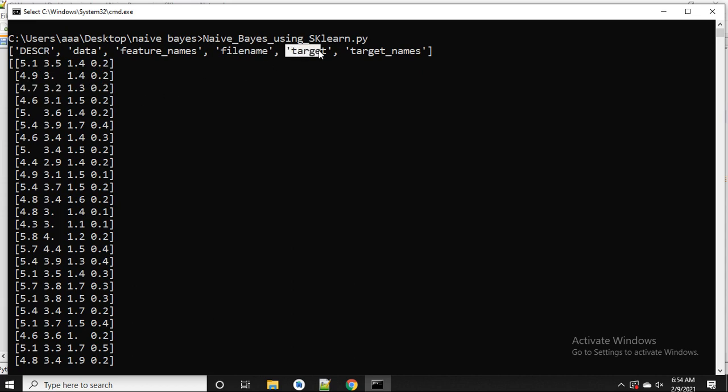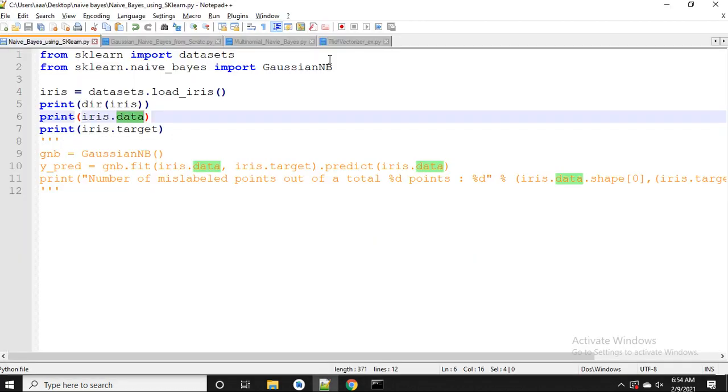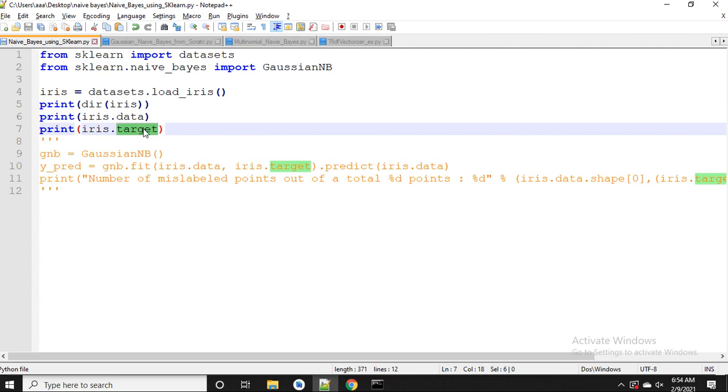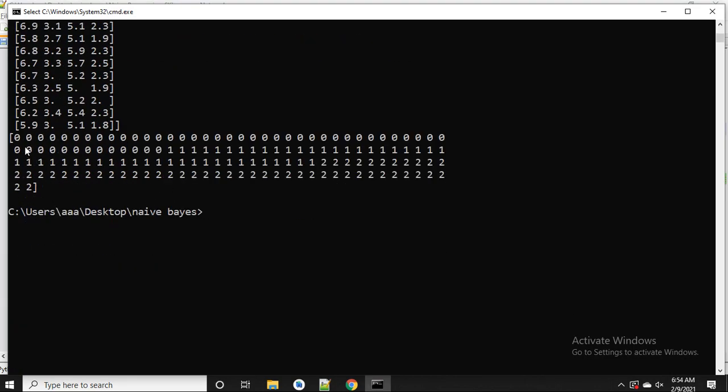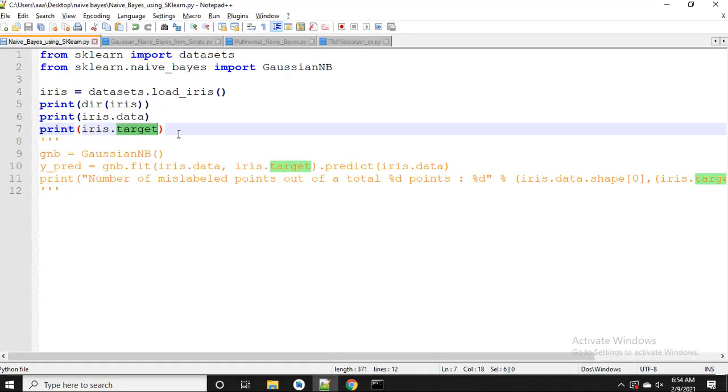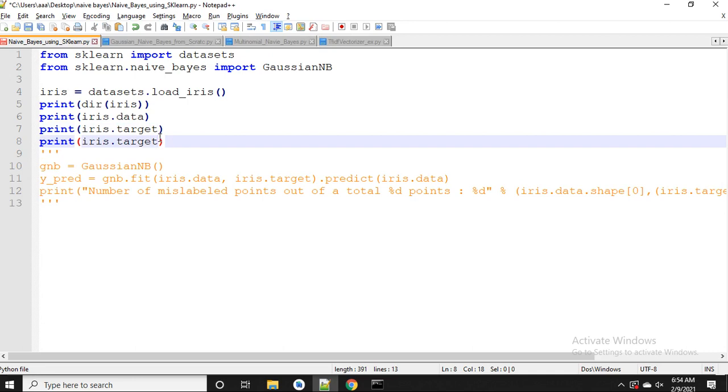And in a similar way, this is the target. So in the target we have 3 different values, as you know. Okay, so if we print the target values, then we have 3 different values in target. So maybe it's a 0, maybe it's a 1, maybe it's a 2. But what about 0, 1 and 2? So for that you can just print target_names. We saw this also already.